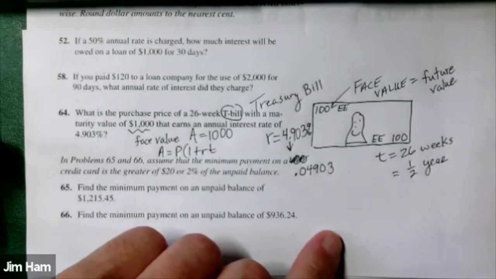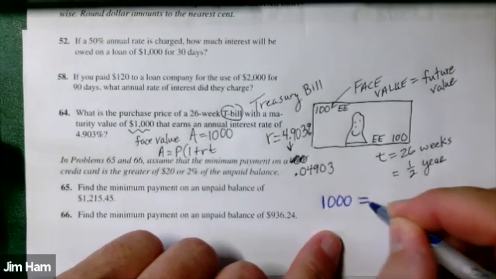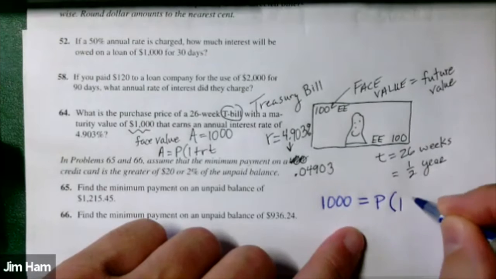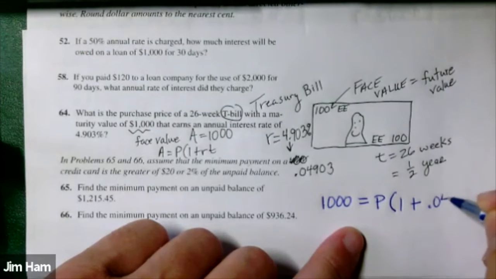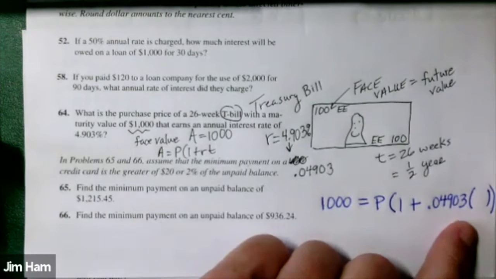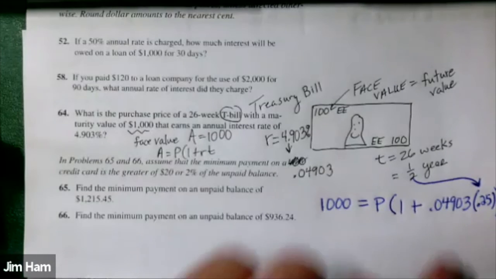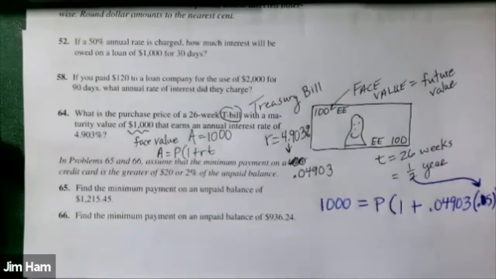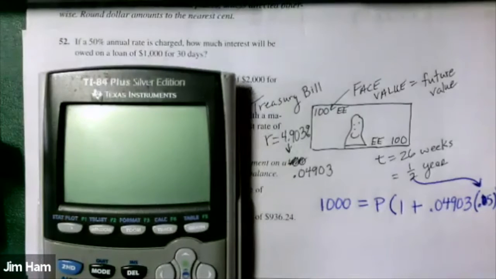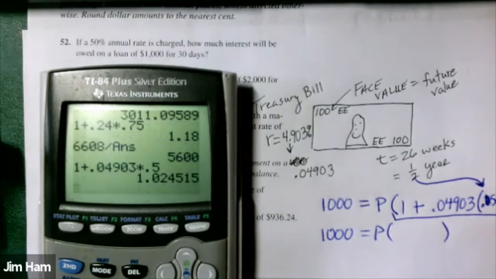All right, so then we'll just work this one out. We have 1,000 equals P times (1 plus 0.04903 times 1/2). And because I'm going to plug everything into the calculator, I'm going to write the decimal version of 1/2, 0.5. I'm going to do this one in 2 steps, just like I did the previous problem. The first thing I'm going to do with the calculator is to evaluate what that number right there is. All right, so it looks like it's